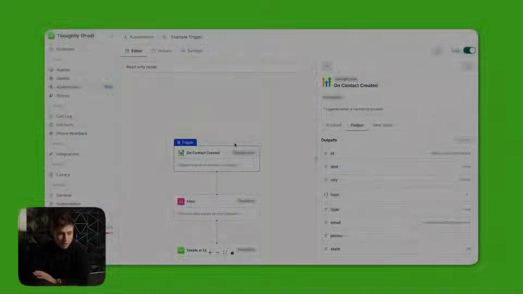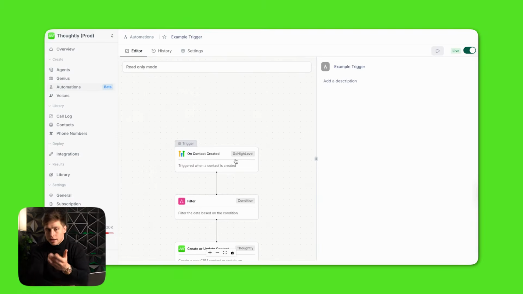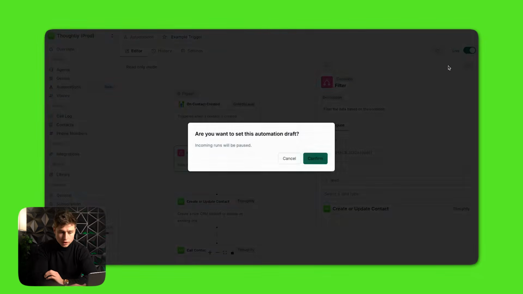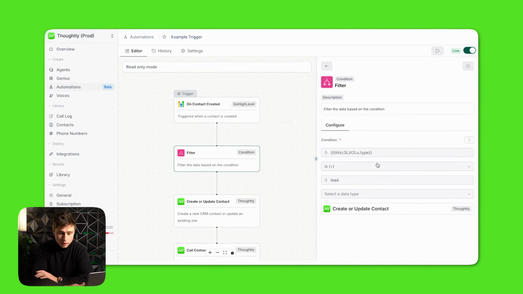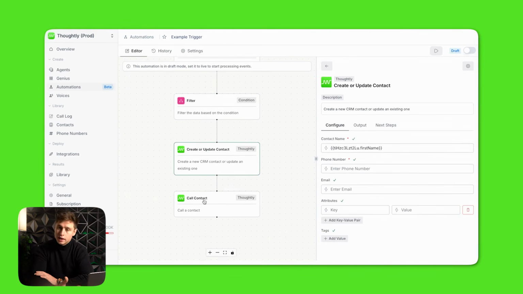If it's not a native integration, you could do API calls and webhooks that allow you to trigger calls automatically. But in this example, I'm going to show you a way that you could do it with a native integration. So on a contact being created inside of your GHL account, maybe it's a HubSpot account or any of the other native integrations we have, it's going to send it directly into a filter. If it goes through this filter and we notice that it was a lead form that was submitted, so let's say form equals lead,